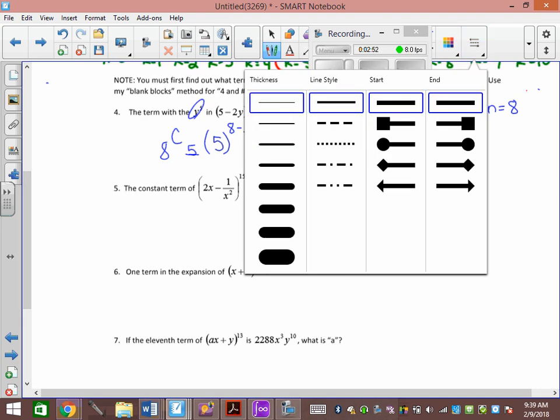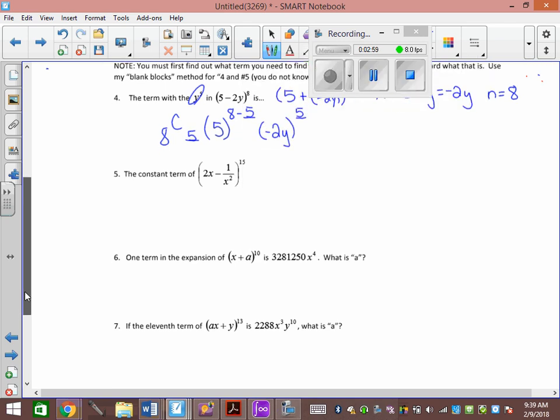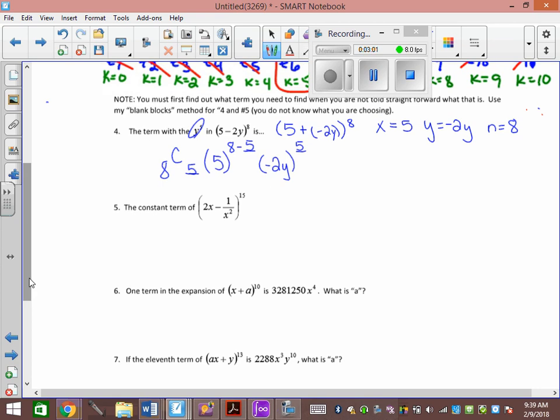What's 8C5? What's 8C5? Crack out your calculators. Get your money's worth. 56. You might as well use your calculators first off to know if you know how to use it, and second off, they are expensive. Get your parents' money's worth. Okay, 8 minus 5, 3. So 5 to the 3 is